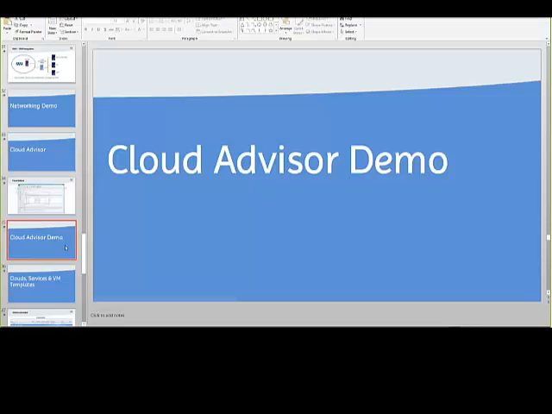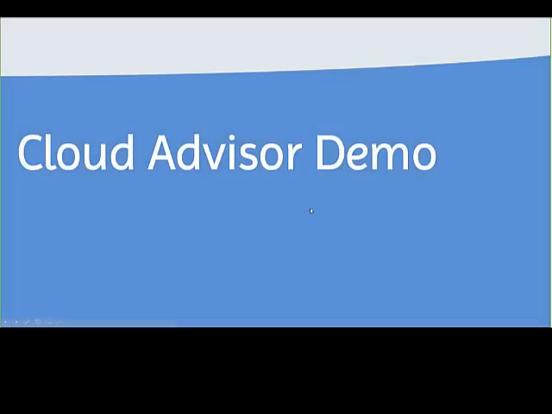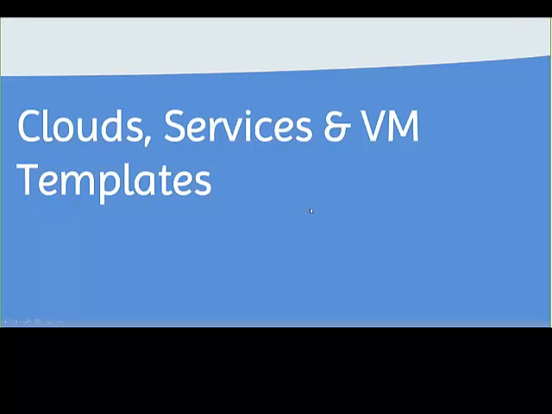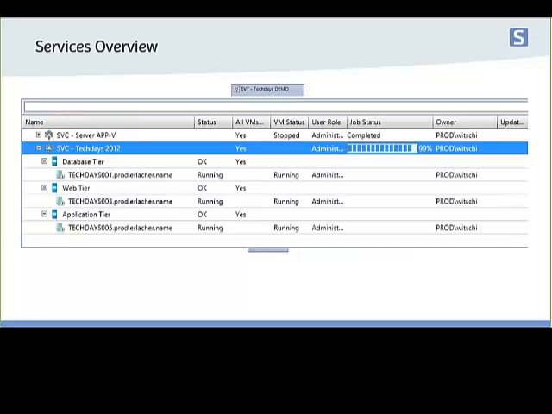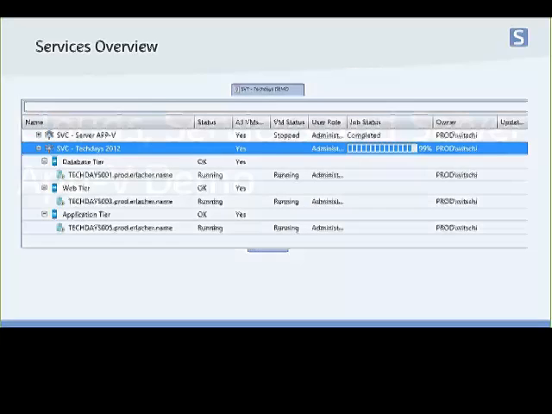So that was it for the fabric management part. We're now switching to services: cloud services and VM templates. First of all, let me clarify what services are. If a customer deploys a virtual machine, he doesn't really want to deploy a virtual machine. He wants to deploy a service running on that virtual machine. A service like a web shop, for example, can be multiple virtual machines, like a database tier, web tier, and application tier. And I want to deploy that in one single go, and that's something I want to show you right now in the demo environment.